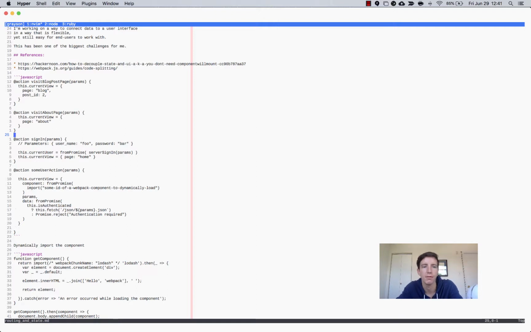Alright, that's easy enough. He just says what page the user should navigate to based on just putting the name of the page right in the state here,